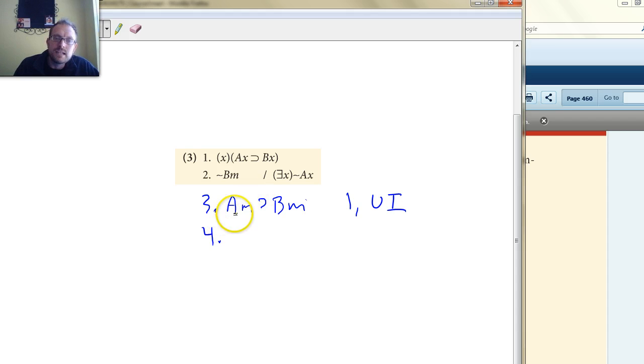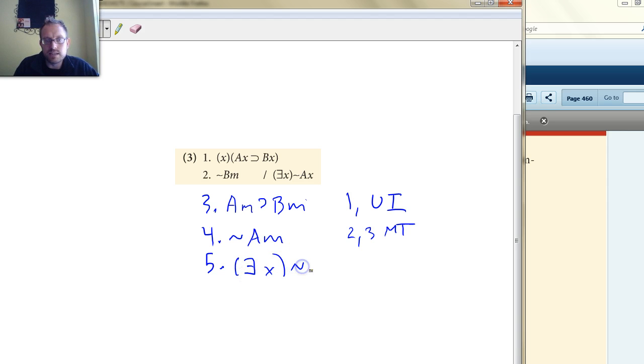Now that I have this, of course, I can utilize modus tollens. That means if I don't have BM, I must not have AM. So that's negation AM, and that's lines 2 and 3, modus tollens. So if I don't have this, now we can do our generalization, which means I'm going to generalize the entire line. So that's going to be EX negation AX, where I change out the constant and put in the variable instead because now I have an existential quantifier. So that's line 4,